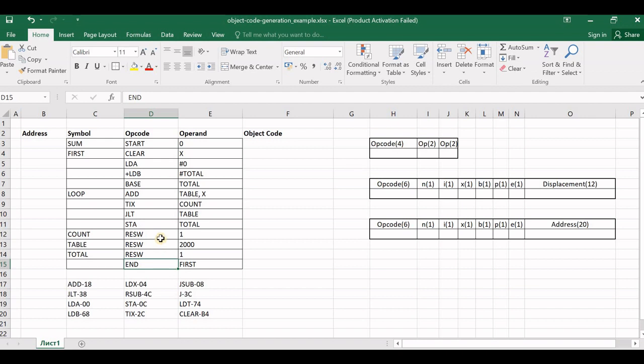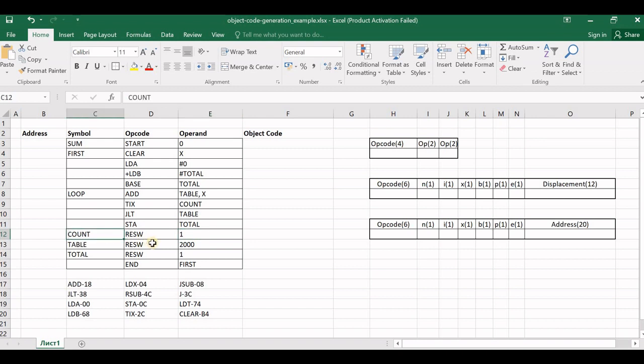Reserve word: here in this example we have count, reserve word and 1. It means that you are reserving one word. One word is equal to 3 bytes. 3 consecutive bytes are going to form a single word. So how many words are we reserving here? We are reserving one word, in the sense 3 consecutive bytes are reserved and the name given to those locations